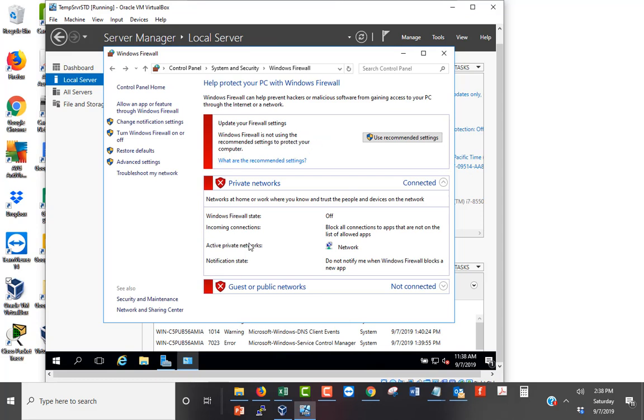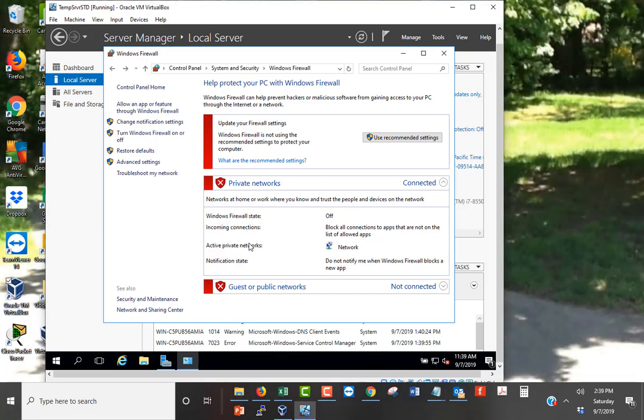Now the reason that I do this is just to make it easy for us to connect other machines. We'll talk in greater detail about the Windows Firewall and what should be turned off, how to put holes in the firewall for applications, or not holes but exceptions for the various applications we might want to load up. But for right now, just to keep things easy for us, we've turned the firewall off. So we will close that,